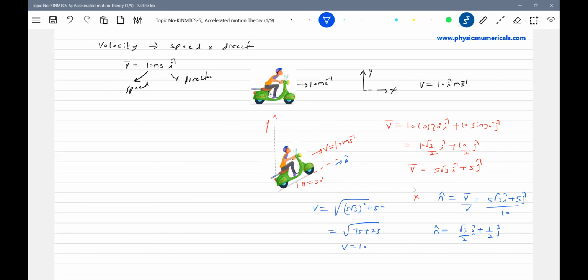So like this, we can express the velocity. Now, in the first case, what was the velocity of the bike? V equal to, we'll write it. Second case, I'll write V1, V2, so that it will be easier for you. What is the velocity here? How do you write it in vector form? V2 bar should be equal to, what is the speed? Speed is 10 meter per second. This is speed. And the direction is n cap.